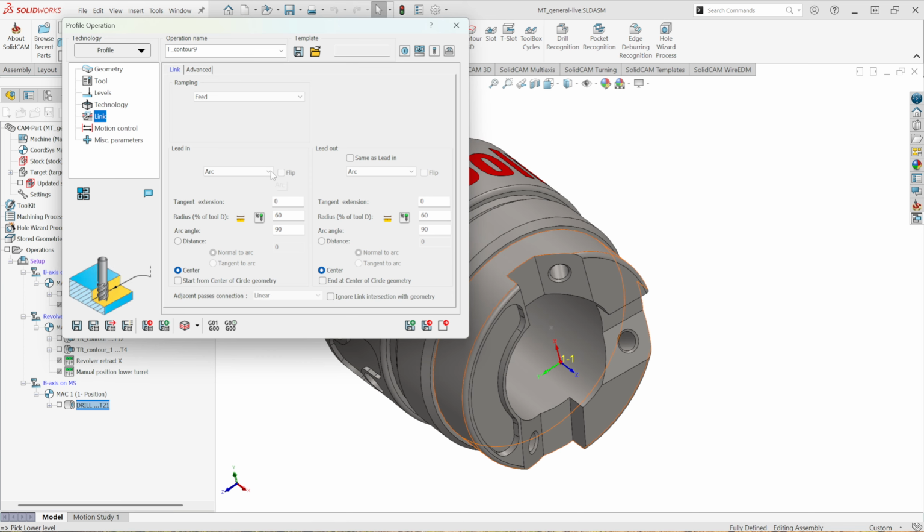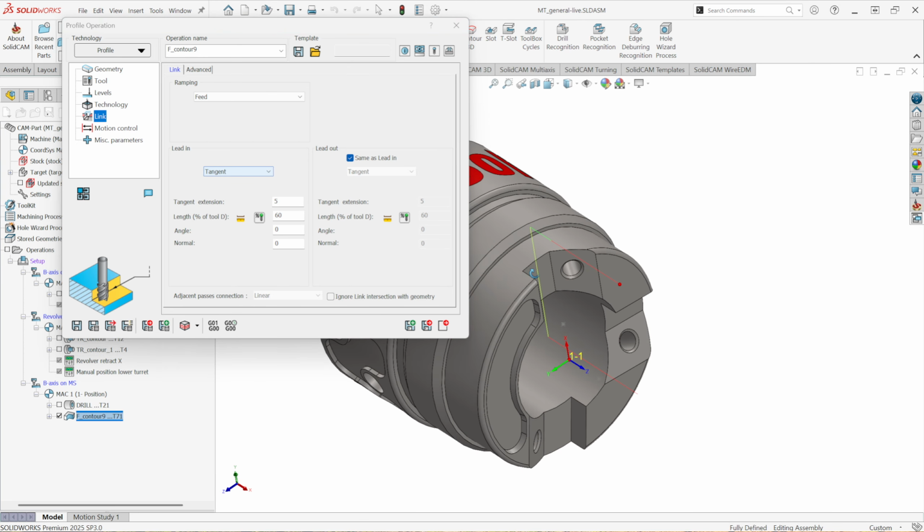Here I might go to my link tab. I might want to lead in and lead out with a line. So I'm going to tell it that I want to come in tangent to the cut, and I'll give it a 5 mm tangent extension on the lead in and make the lead out the same. Let's get something out on the screen so we can look at it. And it's going to come out and give us one cut that deals with the center line